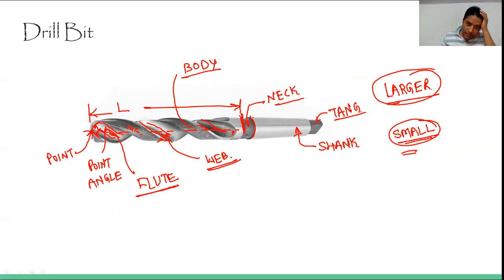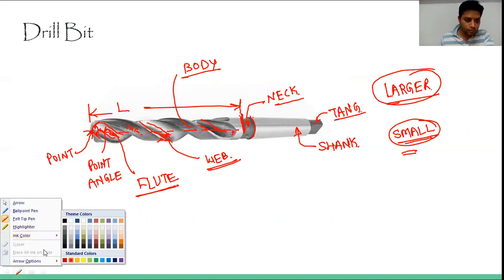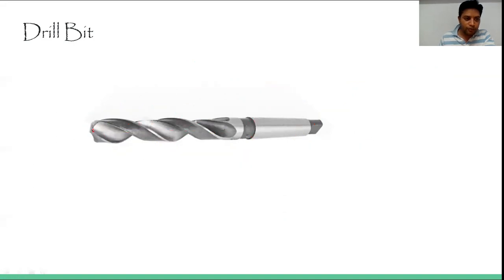Now there is one more thing. On the basis of that, we will define it. Just keep in mind that first is the tool angle. Second, if you see this surface, not this edge but this one, there is a little bit of a curve. This angle is measured through this side, and we call this the helix angle.